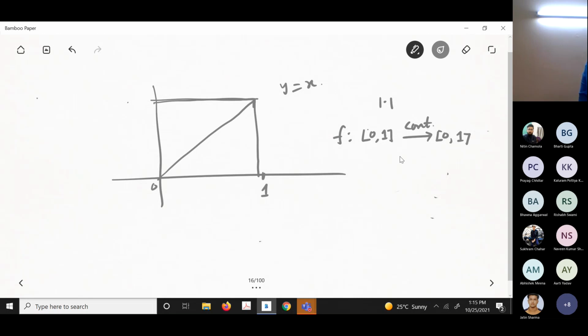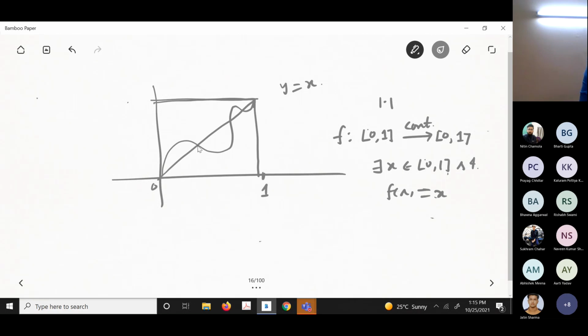Now, if you have a continuous function, you will have a graph. Now, look, this will be like this, something like this. Why am I writing this? Continuous function means you must have a continuous graph. Now, look, I am saying such a function must have a fixed point. That means there exists x belongs to [0, 1] such that f(x) equals x.